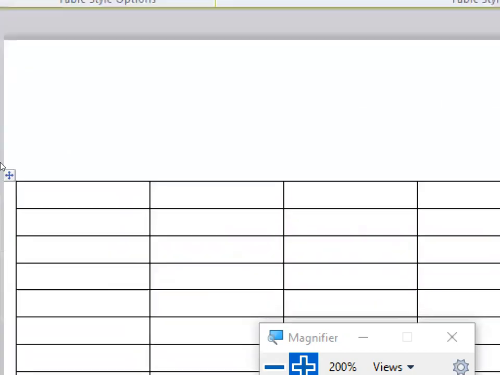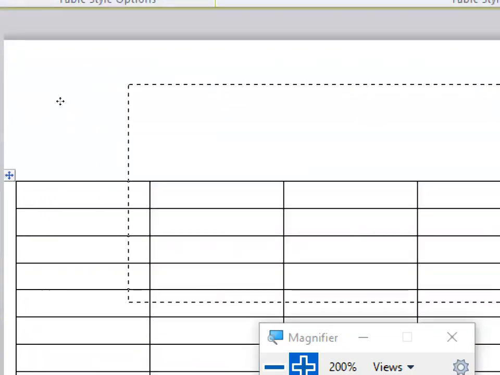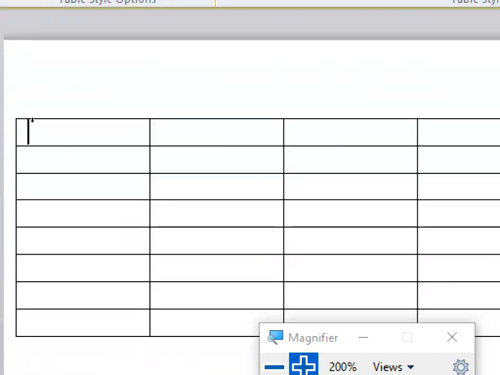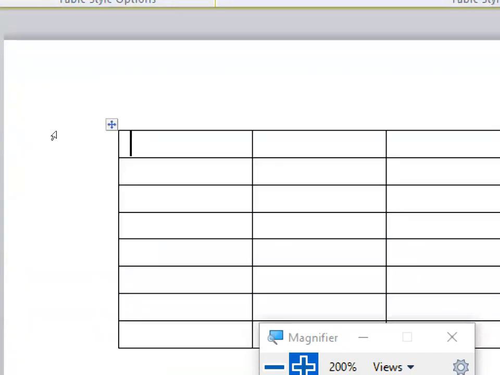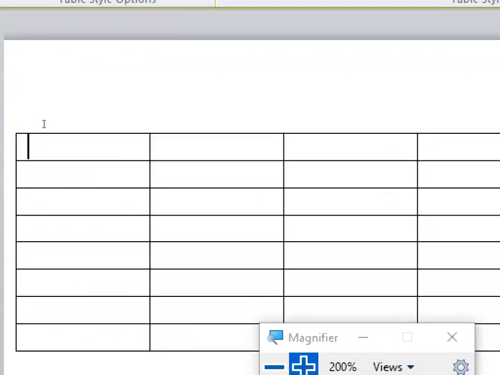Okay, with the number of specified columns that you have given, a table will be generated. So first, this is what you need to do. Then we want to move this table around, so you can click on this option. A plus symbol will appear, so you need to hold your mouse left click, and you can place it wherever you want. Like this you can move your table. Are you all following this?